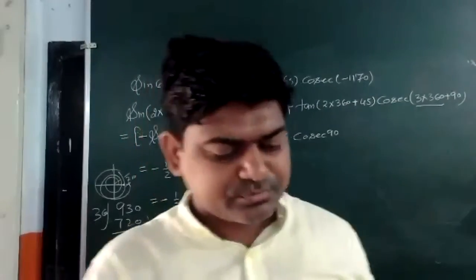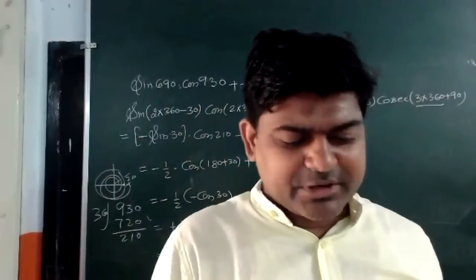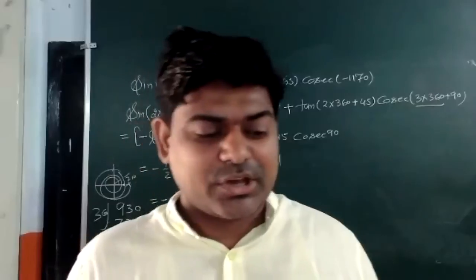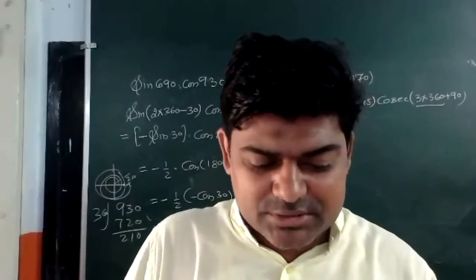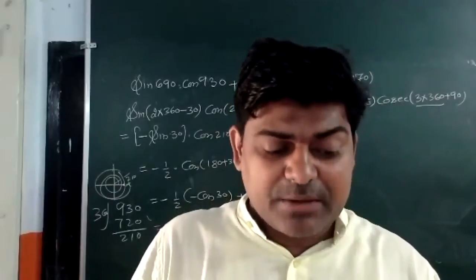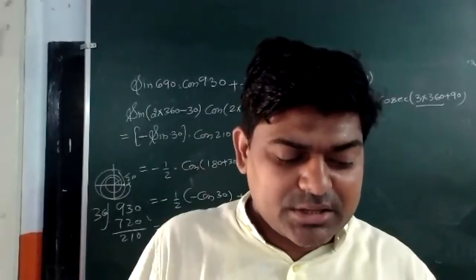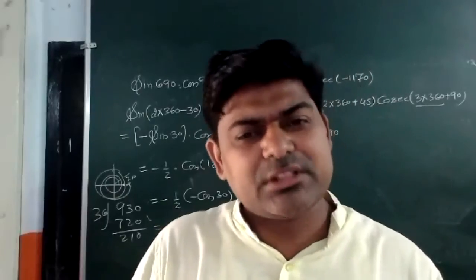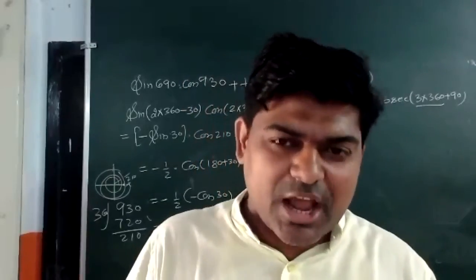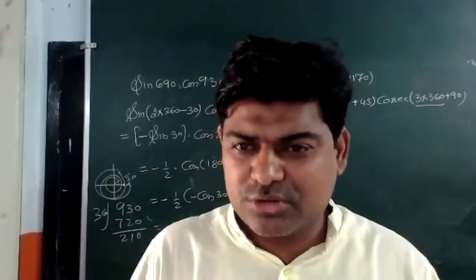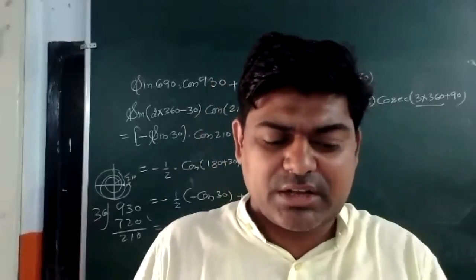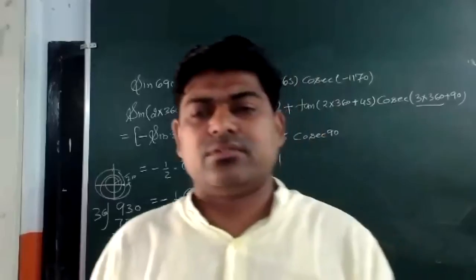Okay. Our planning was to complete till question number 16, but we are running short of time, I think. With the quadrant concept, I'm expecting that till the 7th question we have done. Questions 8, 9, 10, 11 are easy. Try to solve these questions till question number 10, at least try. Tomorrow when I start the class, first I'll ask whether there is any problem till question number 10 or not, and then I'll start. So please try to solve the rest of questions 8, 9, and 10, and if there is any problem, we will sort it out tomorrow.